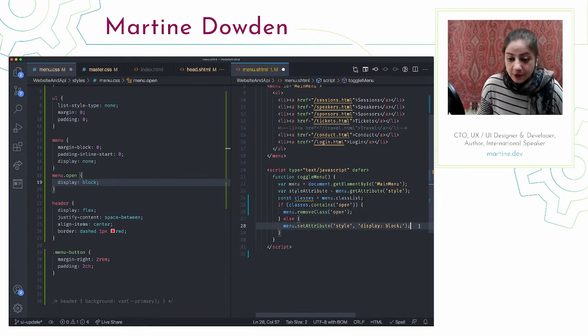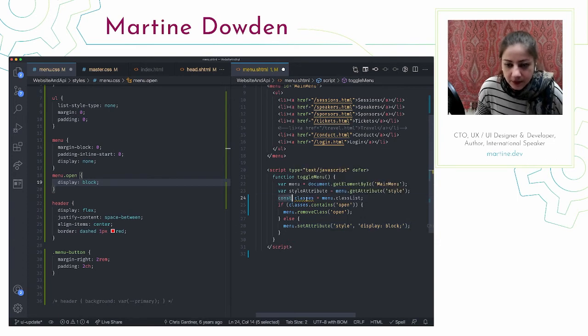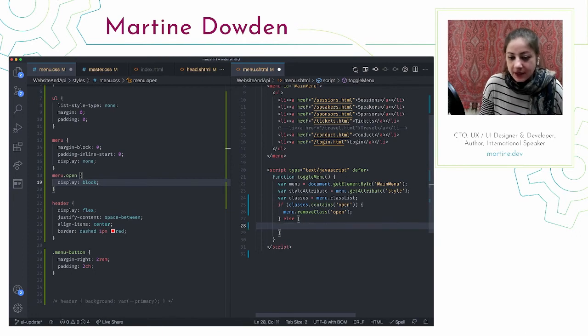If it doesn't, so else, right, we didn't find it. Why is it yelling at me about classes? const is available in ES6. Yeah, we'll use var for good measure. Missing semicolon. It's not missing. Catch up. So now the first half is var classes equals